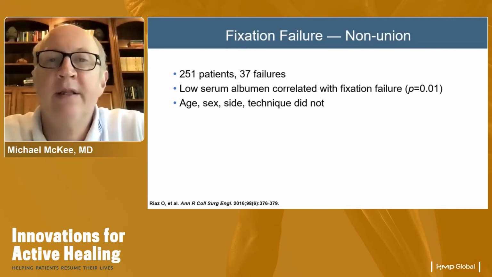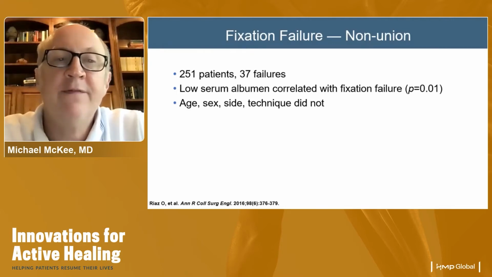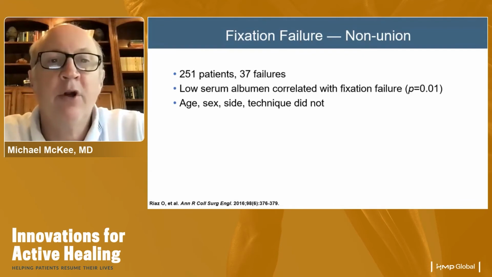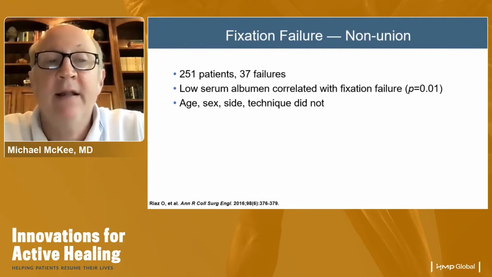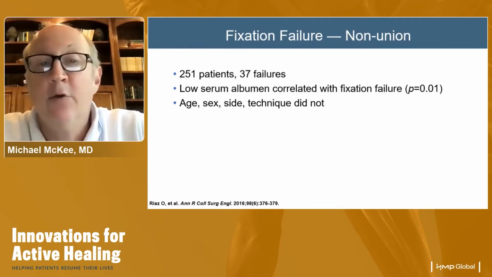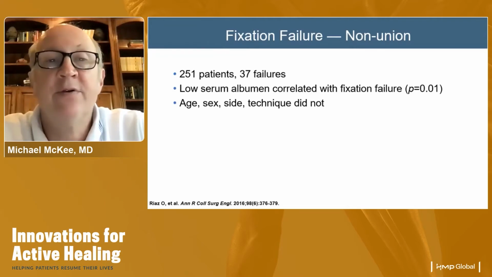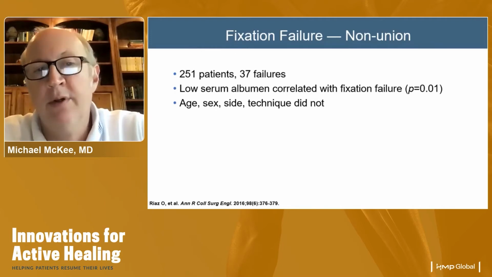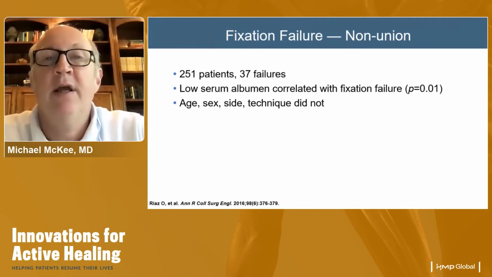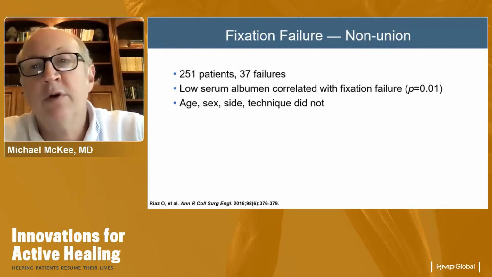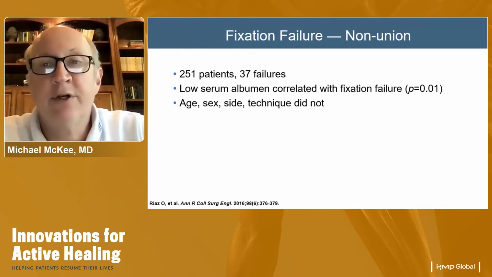And they said, well, why did these fractures fail? What they found was that a low preoperative serum albumin correlated with fixation failure very clearly, and that the age of the patient, the gender, which side was done, and even the technique really did not. So of all the factors that they looked at and considered, the one factor which was most important or correlated most highly with fixation failure was a low serum albumin, which is of course a surrogate for malnutrition in a